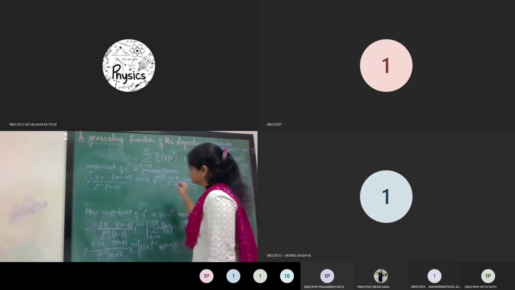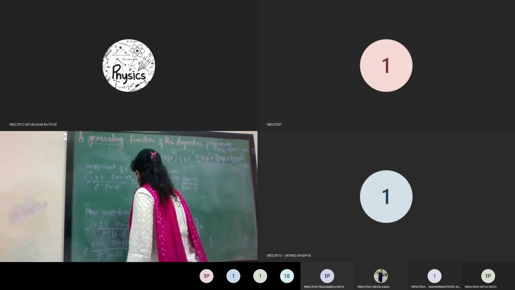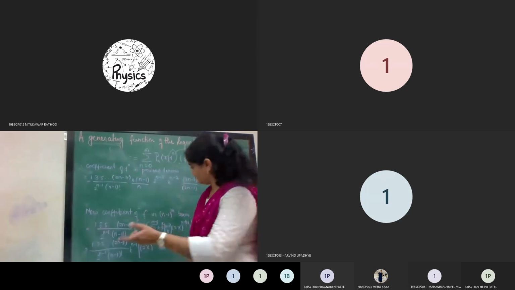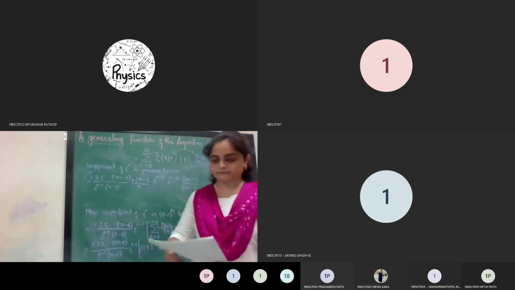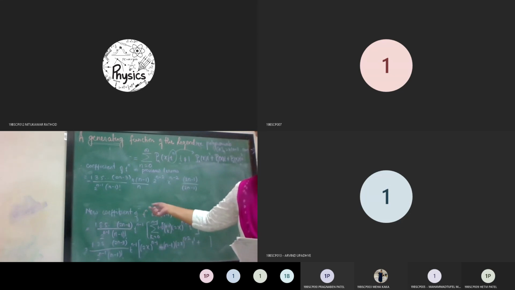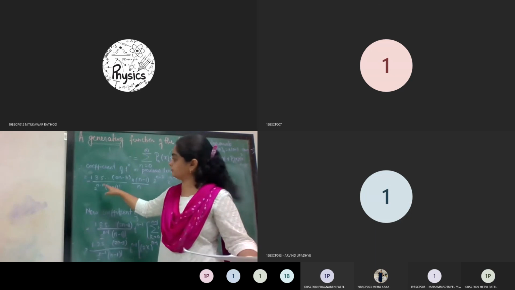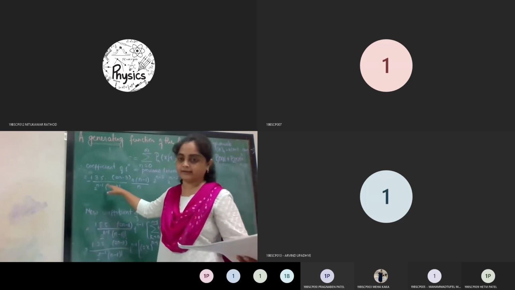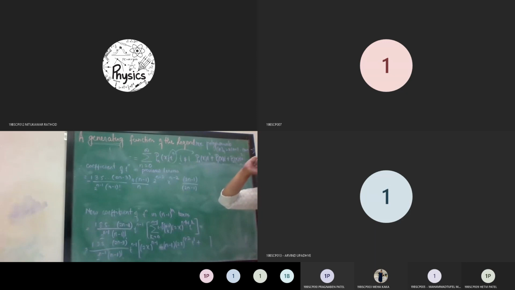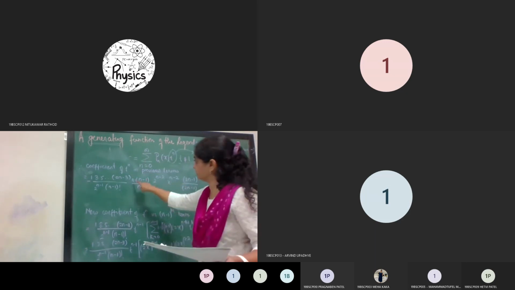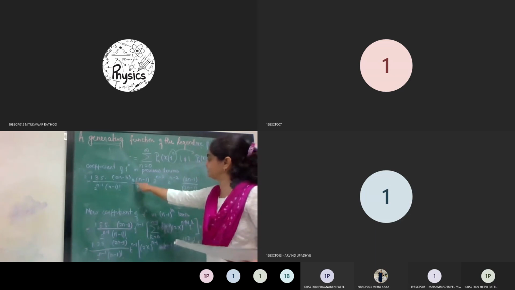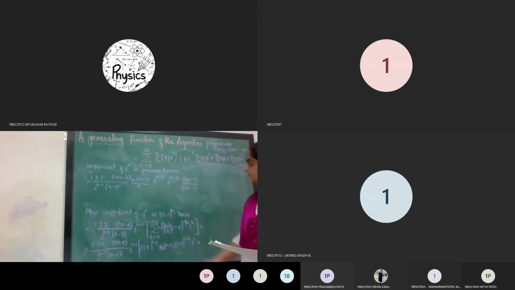In the denominator we'll have this one, and let me multiply and divide n over here so that we can compare the terms. Why? Because when you see the n coefficients that we compared, at that time what was the factor there? You can have a look. 1 into 3 into 5 up to 2n minus 1, n factorial was there, and 2 raised to 0, 2 raised to n cancelled. So here also you can either cancel it out or keep it as it is, right? So to have the terms n minus 1 into, I have just multiplied and divided n over here and 2n minus 1 over here.